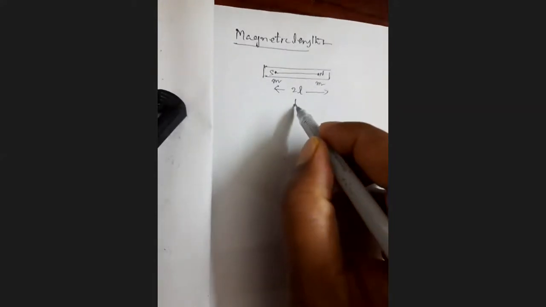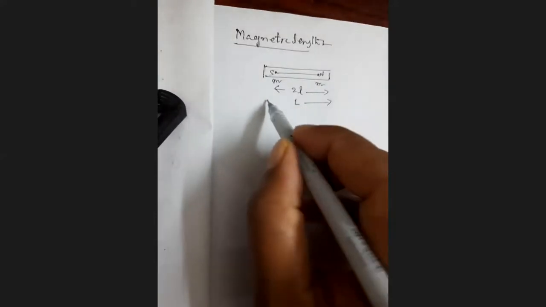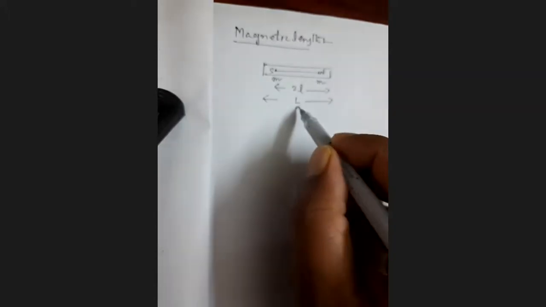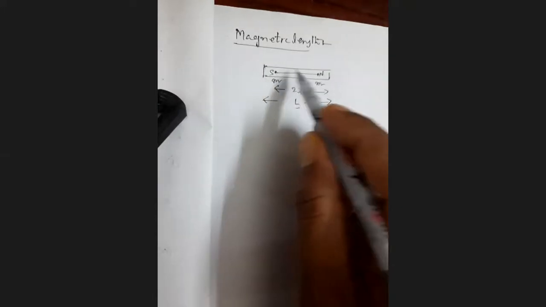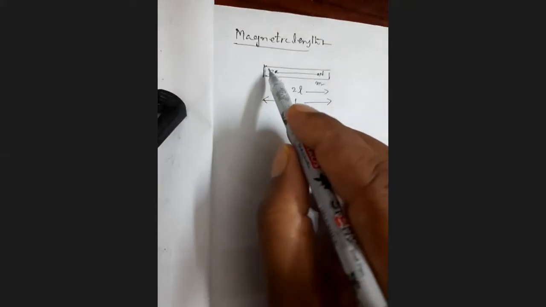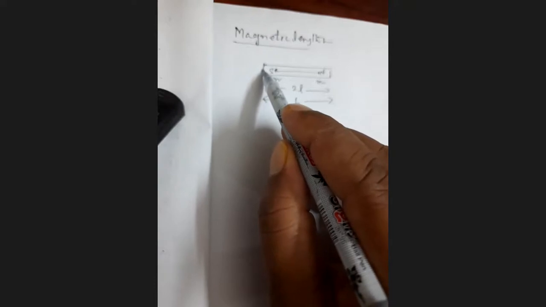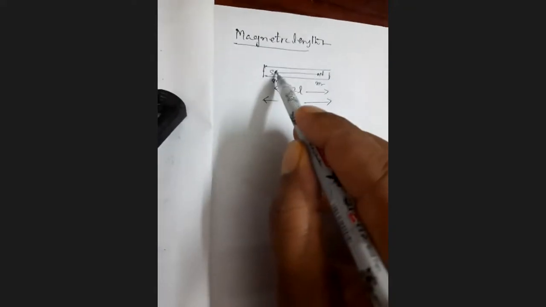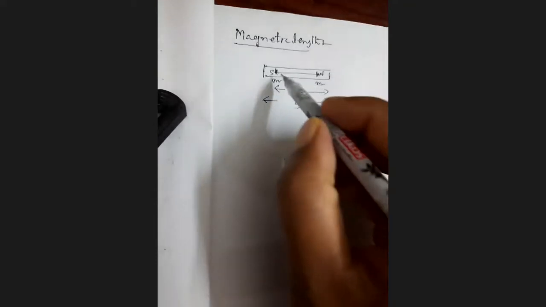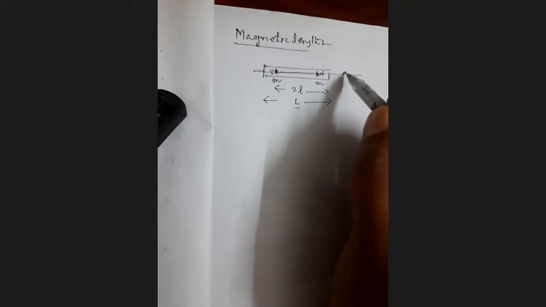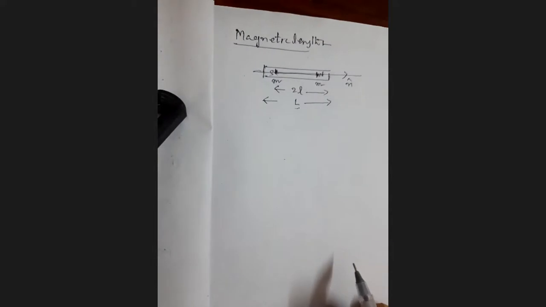But the distance between the ends of the bar magnet is called actual length. Actual length is capital L. Magnetic length is the distance between the poles. Yet the poles are not existing exactly at the edges. They are existing just inside the ends. Therefore, this distance is called magnetic length. Magnetic length is a vector quantity. Its direction is taken as from south to north. We write it as 2L into n cap.